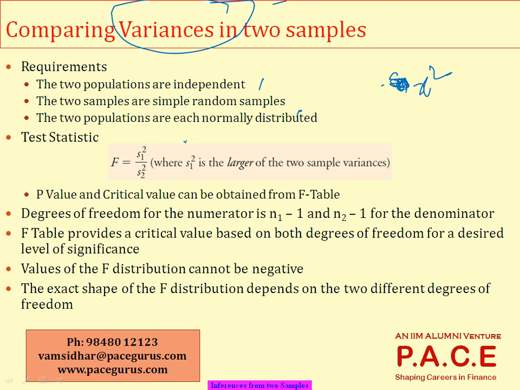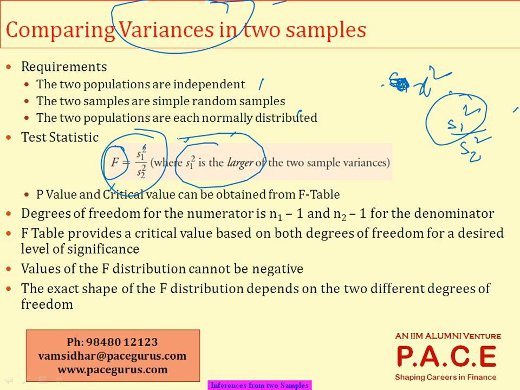In that case, the test which I would be using is called an F statistic, which is simply S1 squared by S2 squared. I am taking two different samples because I have to compare the variances of two different populations. I am finding the sample variances of the two samples, making S1 squared and S2 squared, then simply dividing S1 squared by S2 squared, and